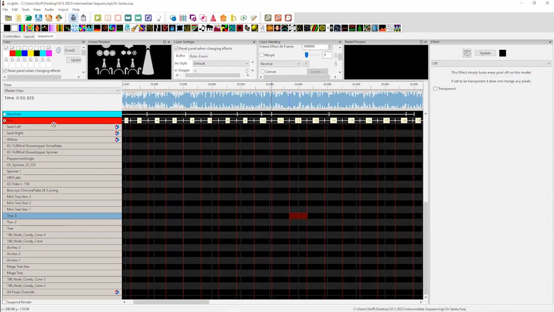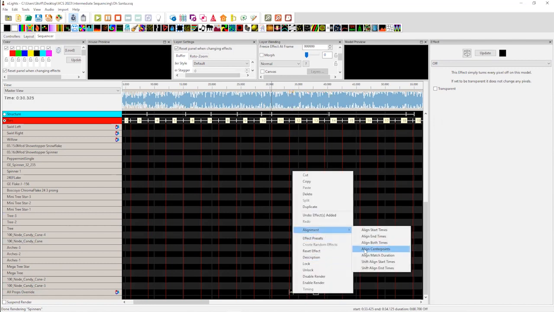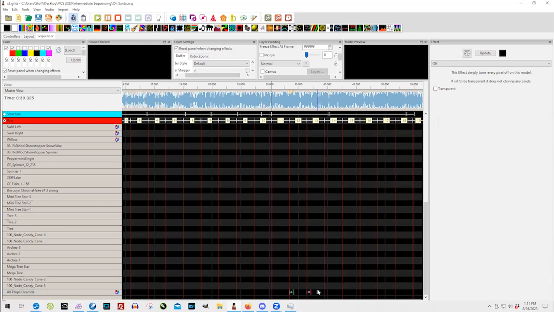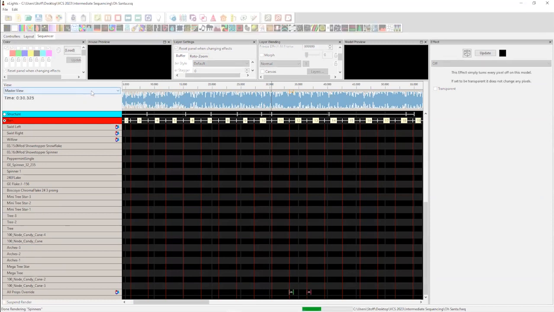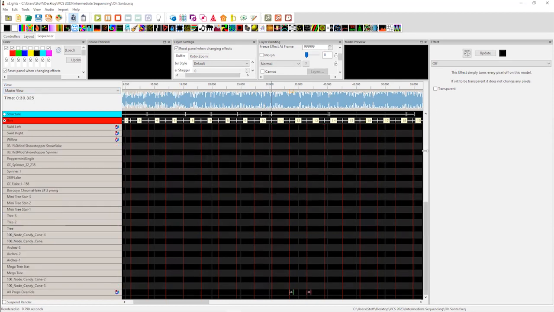So I'm going to take the off command and put it here, make it very short, put another one in here, and I will tell it to match up the lengths. You do an alignment of duration. So now I know they're both the same. Let me make sure I'm where I want to be. I'm going to render this because it does change things a little bit. Okay, now when I come up here and I play this,